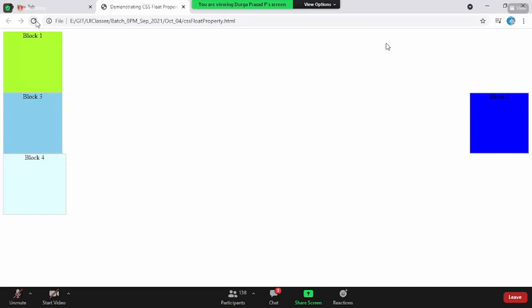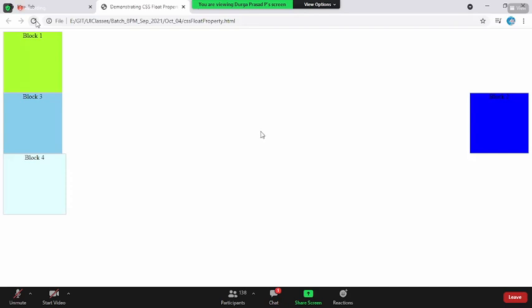This is a very, very good interview question. People will ask you, what is the relation between the float property and the clear property? The straightforward answer is that the float property changes the default rendering direction. But a normal element, which is not a float element, if it follows a floating element, will also mistakenly change its direction. To tell the element not to follow the previous element's direction, you simply say clear both.